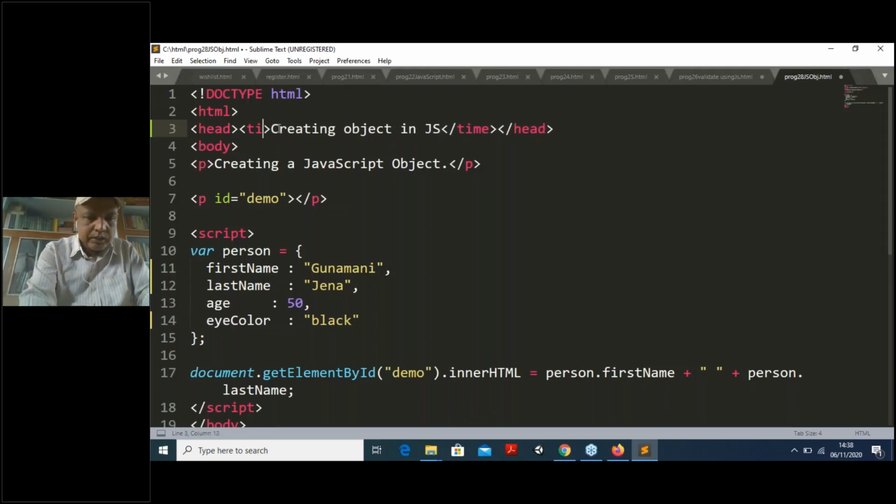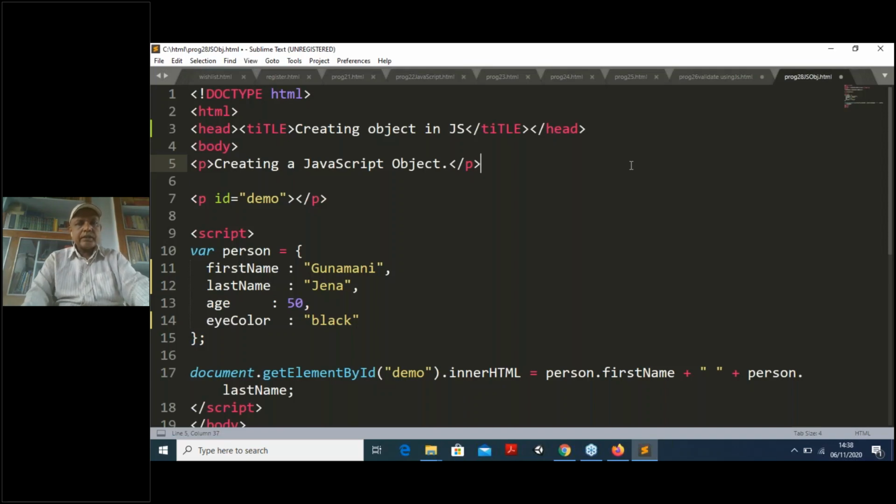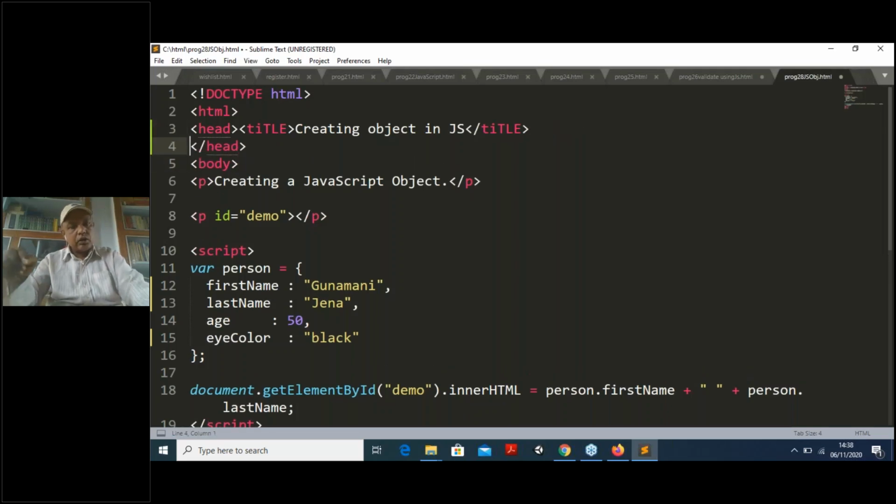This is the title, and here I also put a title. Okay, so now these are the things. Till now, whatever JavaScript or scripting language I've shown you, I've been writing inside the head. That means after the title, in between the closing head tag, you can write your scripting language there. It is also possible to write the script inside the body.